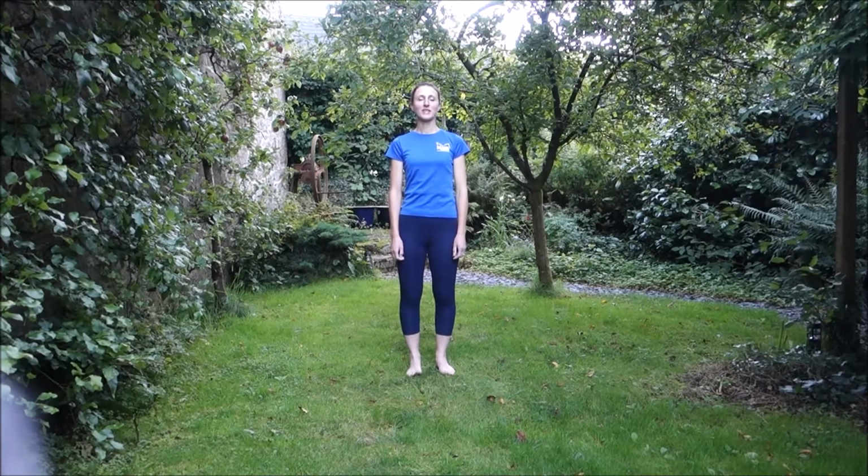Today we are going to be doing a quick standing session. I think this sort of session is one that you can fit in really easily wherever you are, so hopefully no excuses for not doing a little bit of exercise today. We are mostly going to be focusing on your legs, but there'll also be a little bit of upper body control too, because I think particularly if you are doing lateral work or you're jumping, you really need to have